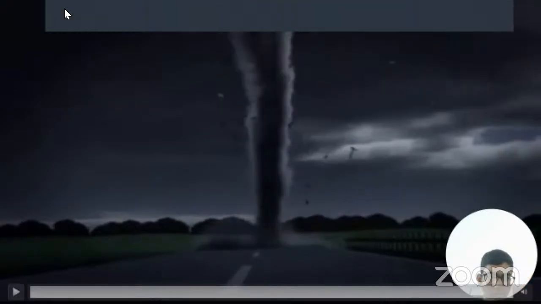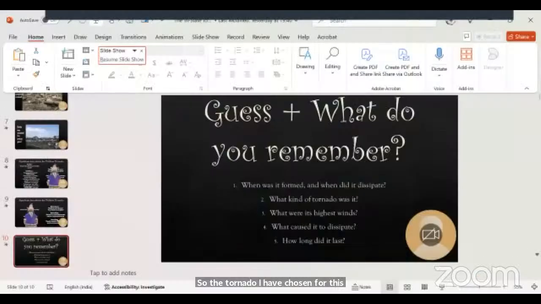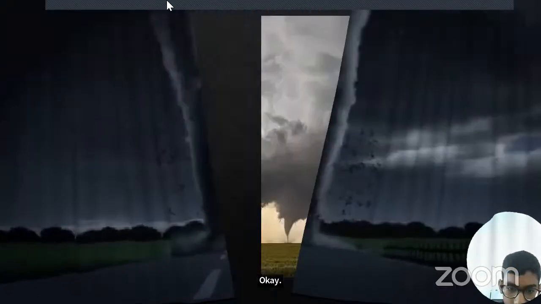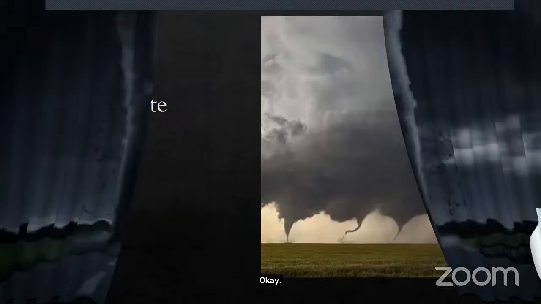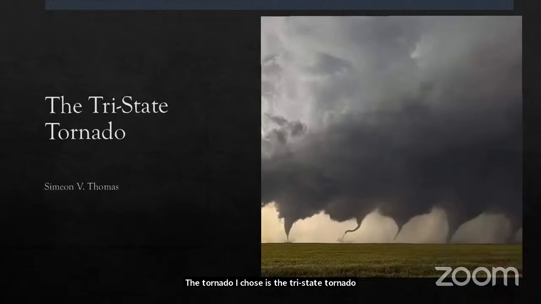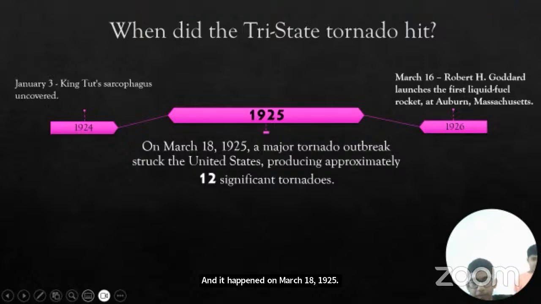The tornado I have chosen for this is the Tri-State tornado, and it happened on March 18th, 1925, and it struck the United States, producing approximately 12 significant tornadoes.